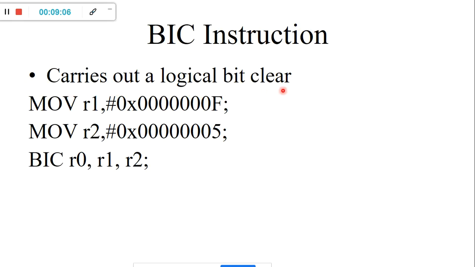BIC, which carries out the logical bit clear operation. I have a 32-bit number in R1 and R2 respectively. Right now I am performing the logical bit clear operation between R1 and R2. What is the operation that is going to be performed here? NOT of R2 is ANDed with R1. Just check out what could be the result. Okay, so